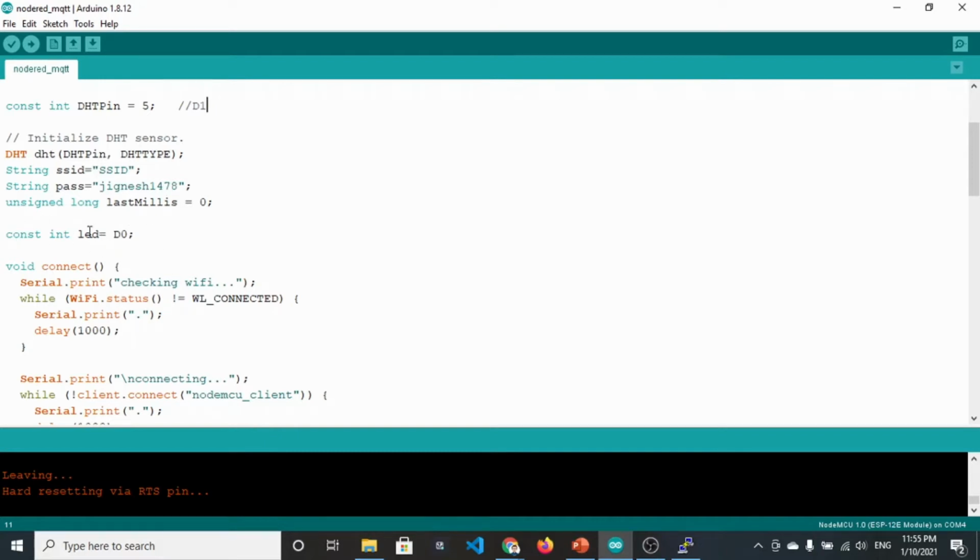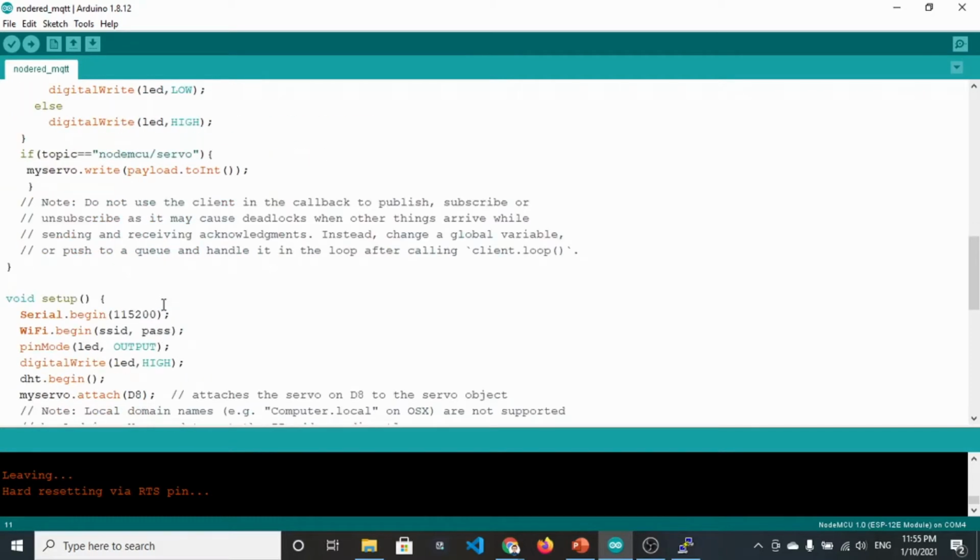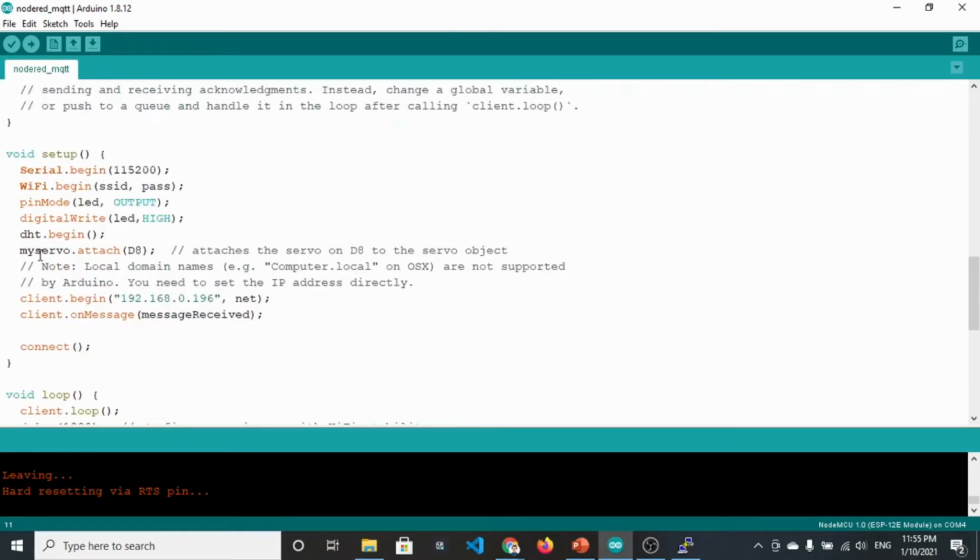The LED pin is D0, an active low pin. From the setup method, we connect the NodeMCU to the Wi-Fi through this line. After that, we initialize the LED as output, and set the pin high initially, which means it will be in the off state because it is active low.